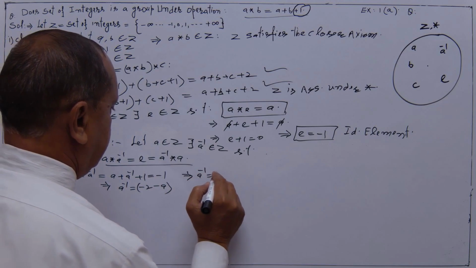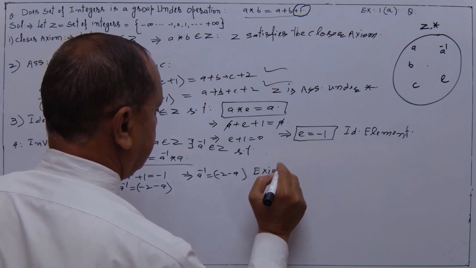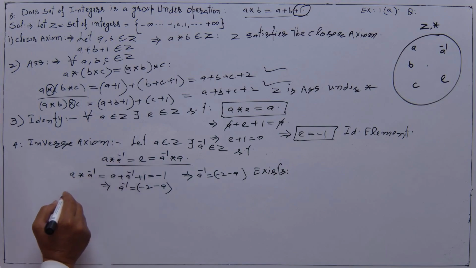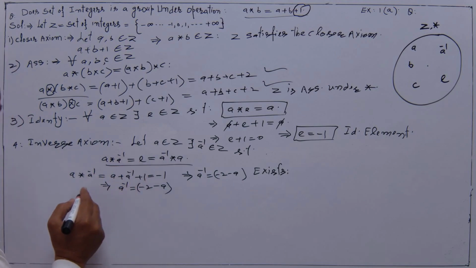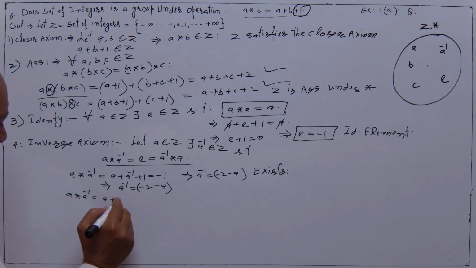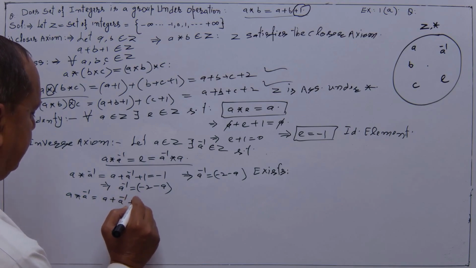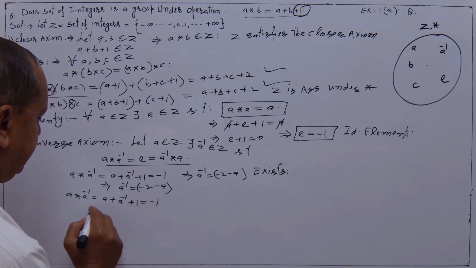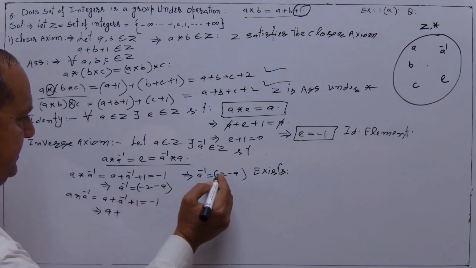A inverse is equal to -2 minus A, exists. ठीक, अब हमने इसकी ये कंडीशन वेरीफाई करनी है। A star into A inverse is equal to E. E means -1 है। तो ये आएगा A star A inverse is equal to A plus A inverse plus 1, and this should be equal to identity element E, -1, which implies that A plus A inverse, its value is